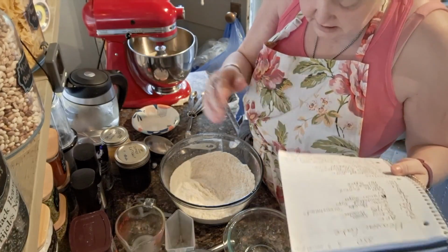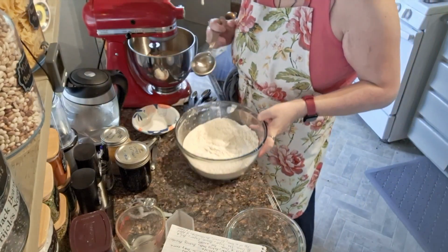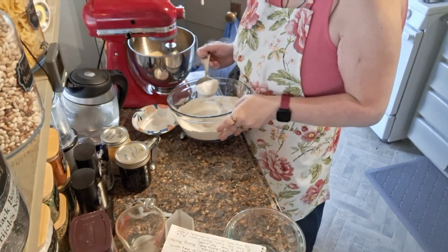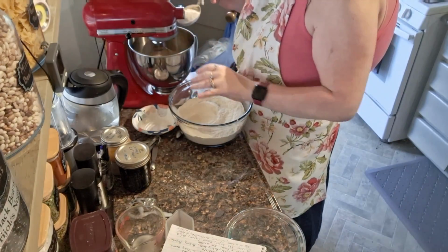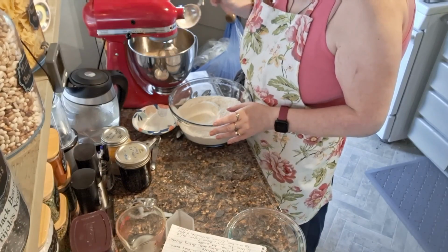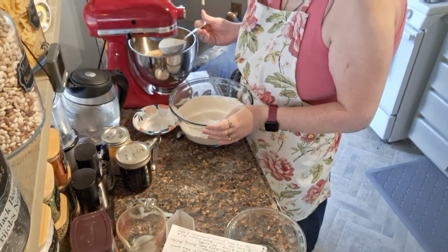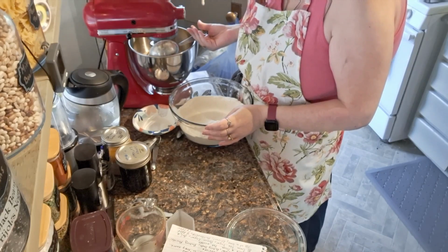Now, I'm going to add this in slowly. So we're going to bring our flour and our sugar mixture over here. And we're just going to add her in there slowly. And while you do this, you can always just